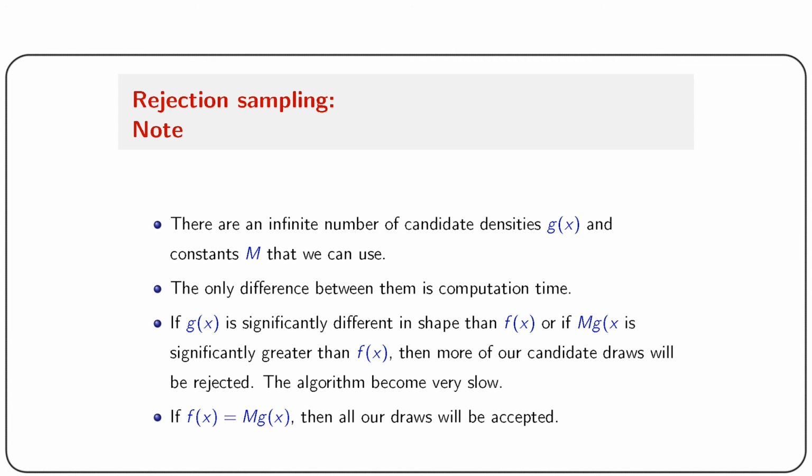The algorithm becomes very slow. So if f(x) equals m g(x), then all our draws will be accepted. So we have to find an m that is very close to this equality. It may not be equal, but it should be quite close to this equality to get better acceptance in